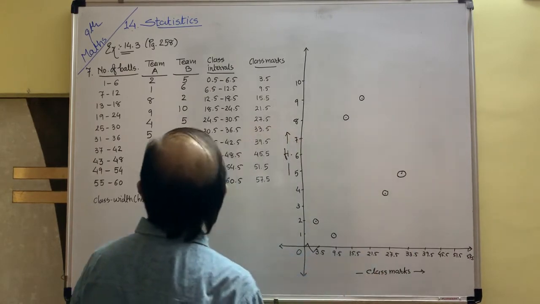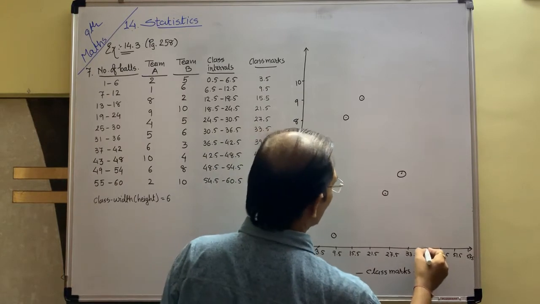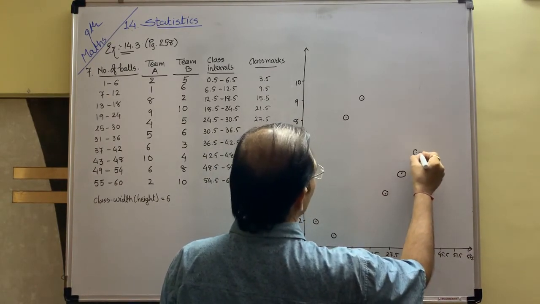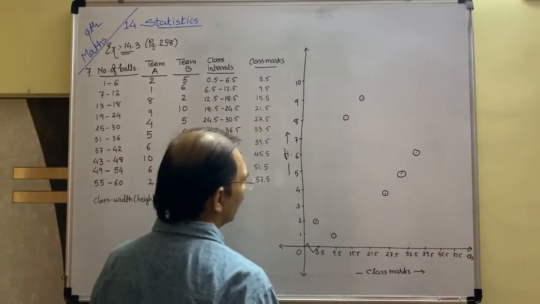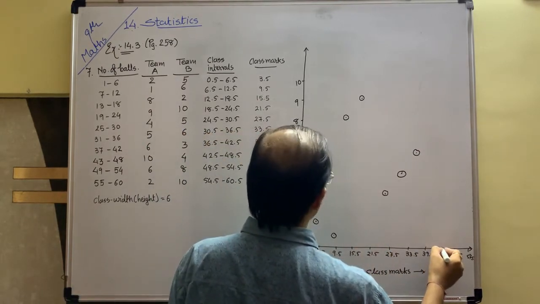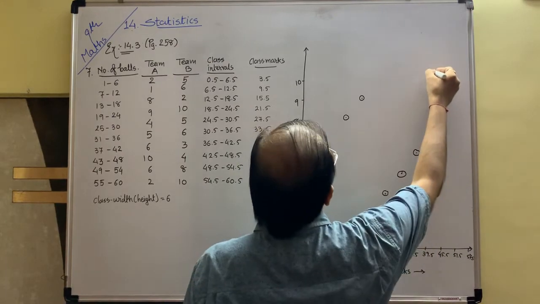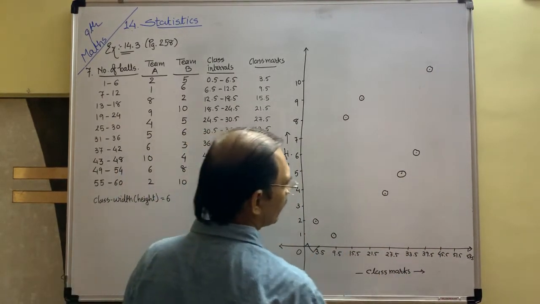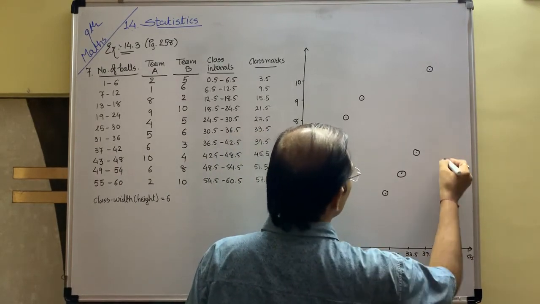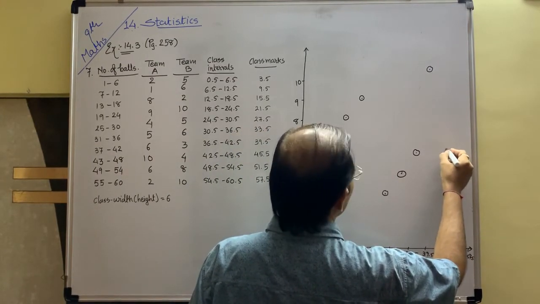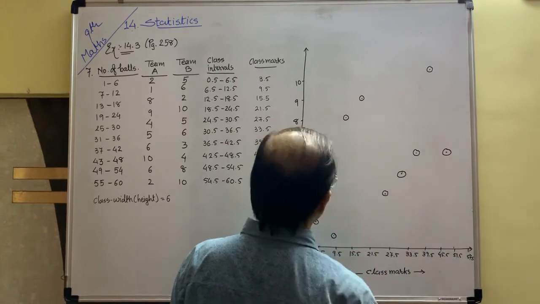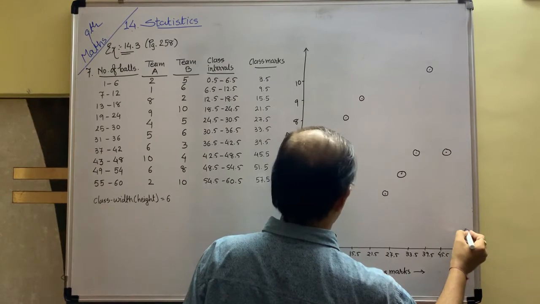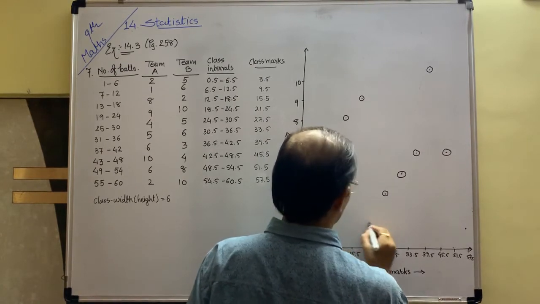Then 5, 33.5, 5. And 6, 39.5, 6. 10, 45.5, 10. Then 6, 51.5, 6. And 57.5, 2. So this is the graph